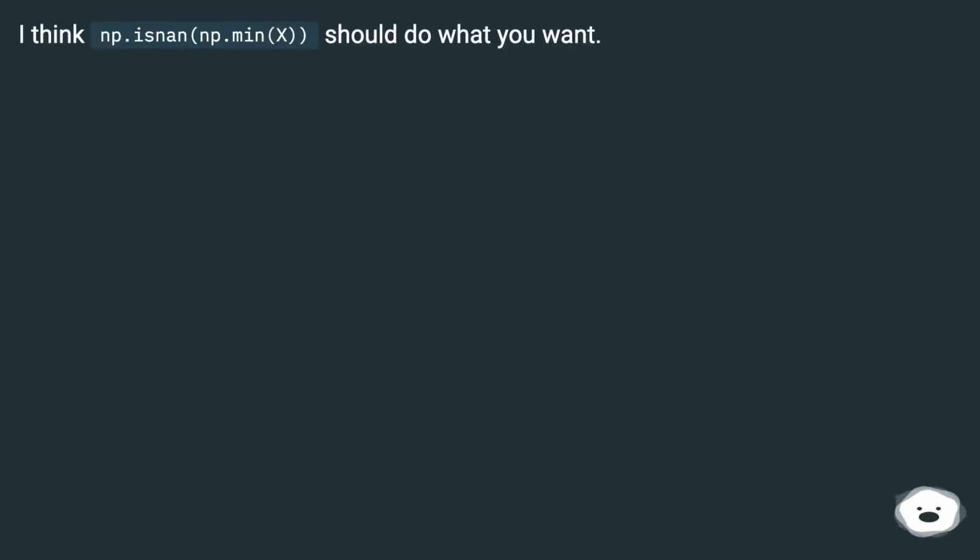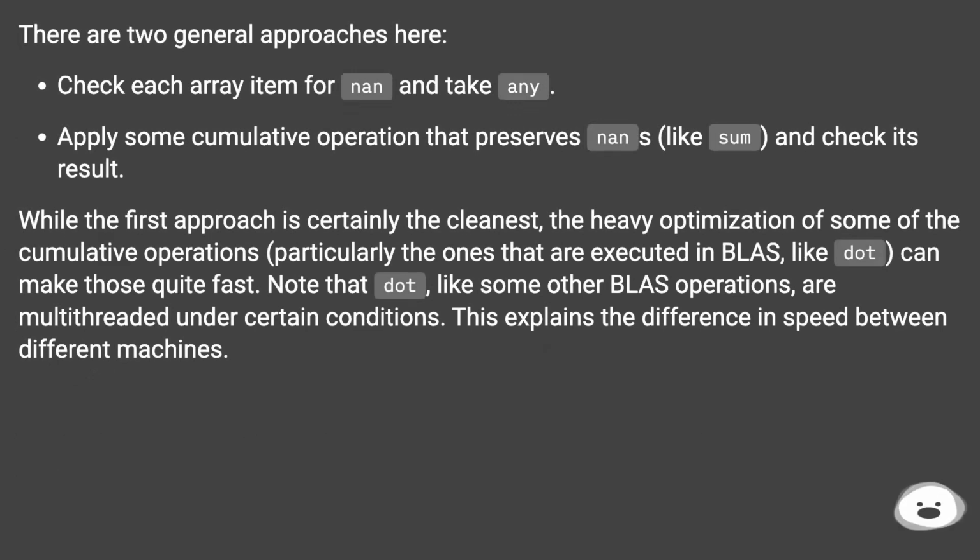I think np.isnan(np.min(X)) should do what you want. There are two general approaches here. Check each array item for NaN and take any, or apply some cumulative operation that preserves NaNs, like sum, and check